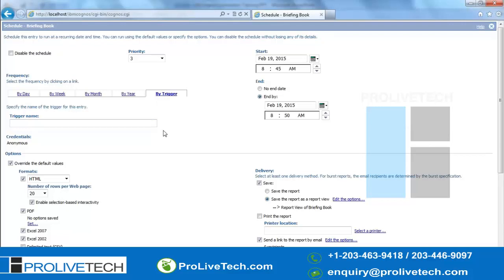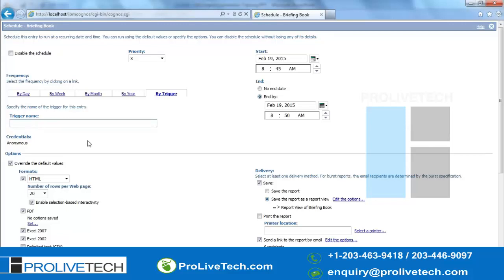It's like the trigger concept in the database. It fires based on a condition: if this condition is satisfied, then you start running the report. So things like that, you can use the trigger concept. Here you just need to give the trigger.bat file name. Within that trigger you have to specify that condition.